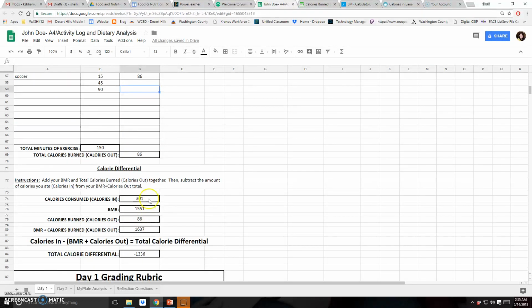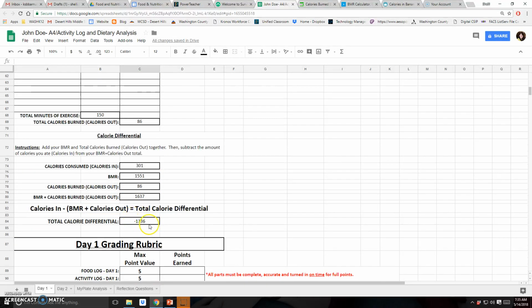Your calorie differential is your BMR and your calories burned together. Okay, then you're subtracting the number of calories you ate, which again, I've got the formulas all set up. As long as you don't mess with the bolded boxes, it's going to do all of the math for you. This calorie differential, you really want to be somewhere between, well, ideally it would be 0, but you really want it within a couple hundred calories of